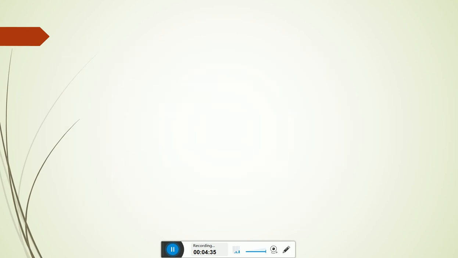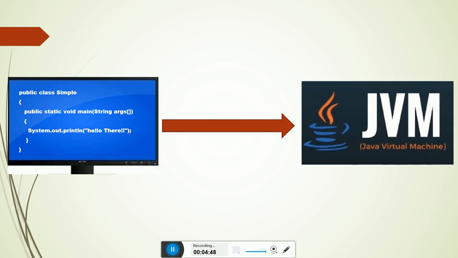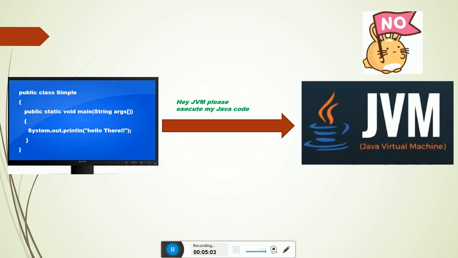If you try to submit your source code to JVM and ask, hey JVM, please execute my Java code, then JVM says, no, I don't understand this.